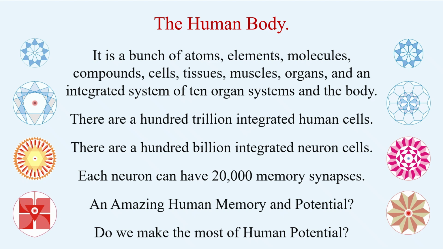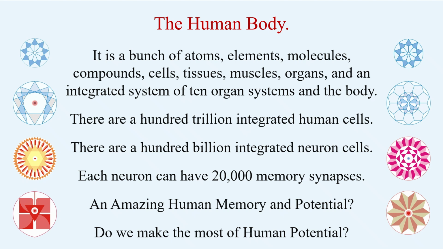Now, next thing that comes to us, there are 100 trillion integrated human cells, and they are all together to make the human physical body from atoms to this. Then there are 100 billion integrated neuron cells, which is the nervous system which makes us a unique human being compared to everyone else in the universe. Only human beings have the perfect 100 billion cells, and each